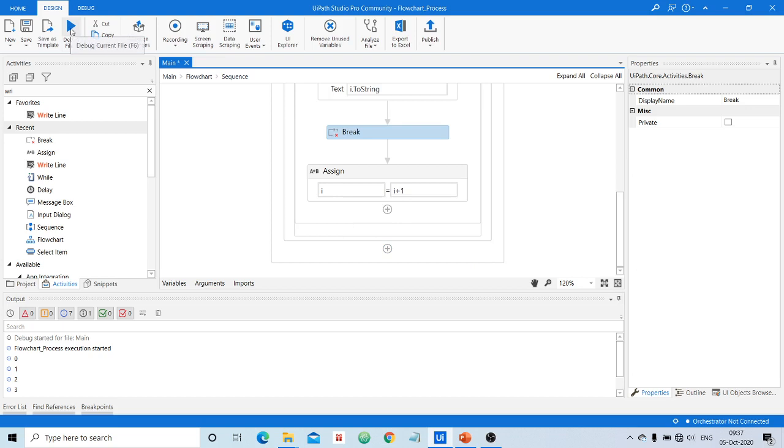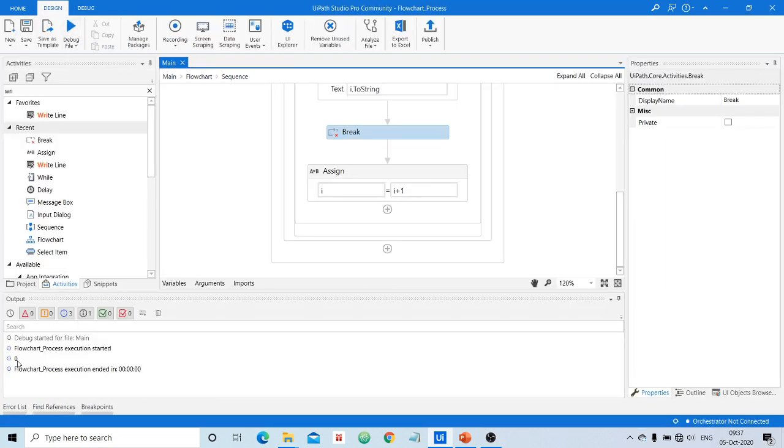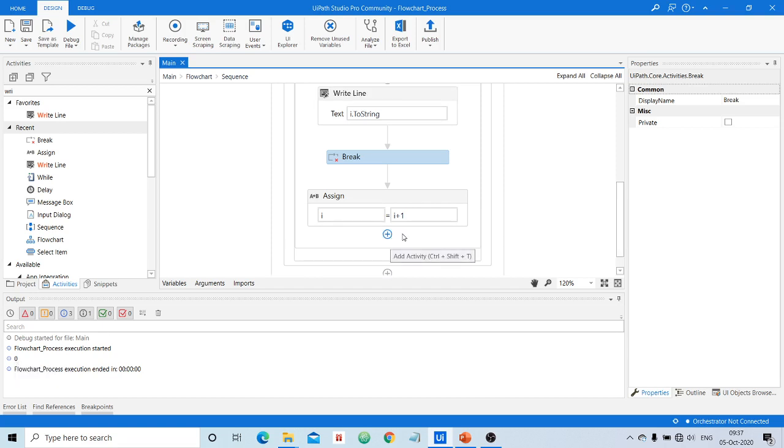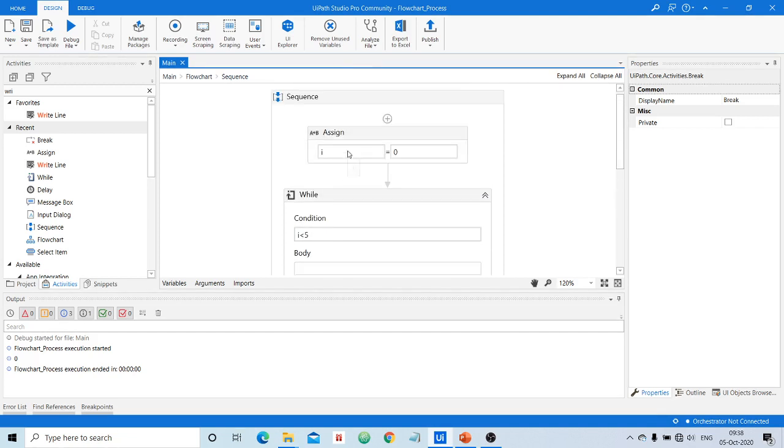So in this case the expected value will be 0. Why? Because of break, it is terminating the loop at that point itself. This is what I said theoretically: the job of the break activity is to terminate the loop at a particular point which has been specified by you, depending on the requirement.